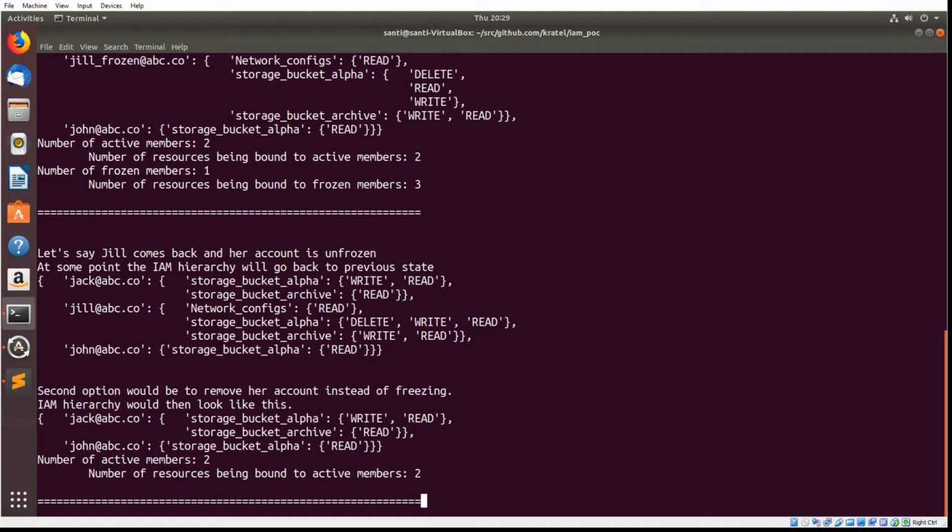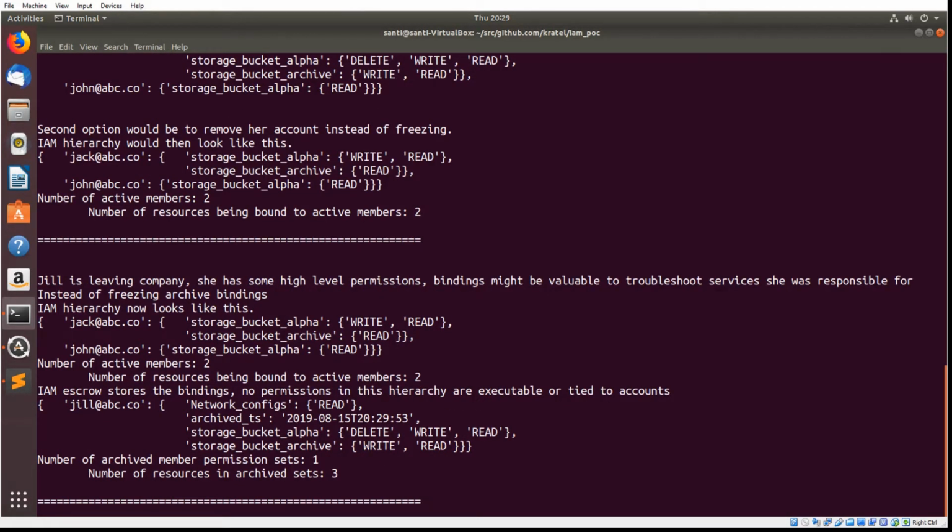So the second option would be to remove her account instead of freezing. Then the IAM hierarchy would show only 2 members. And one thing that we need to take into account if we were to choose this route is that we lose that mapping that Jill may have had. So because she left with some high-level permissions, those bindings might be valuable to troubleshoot certain services that she was